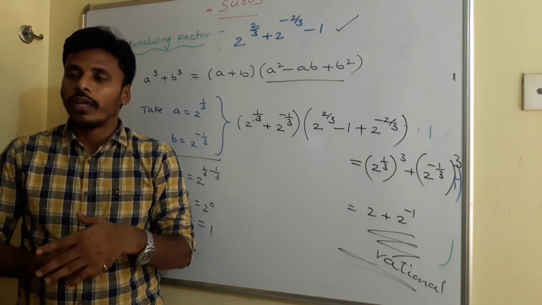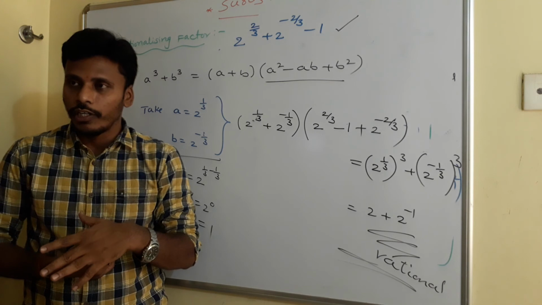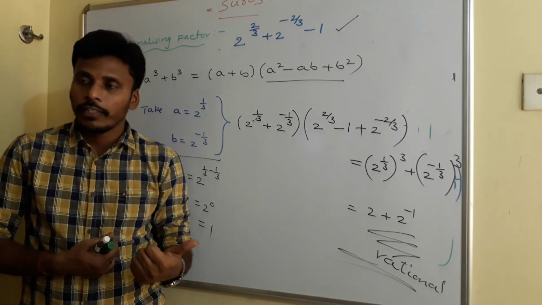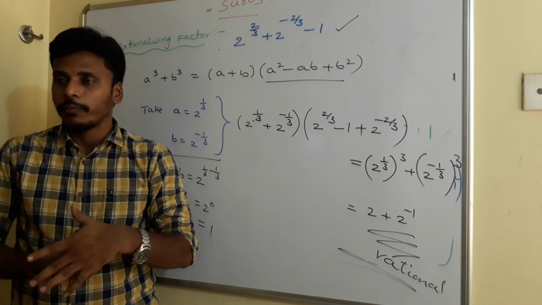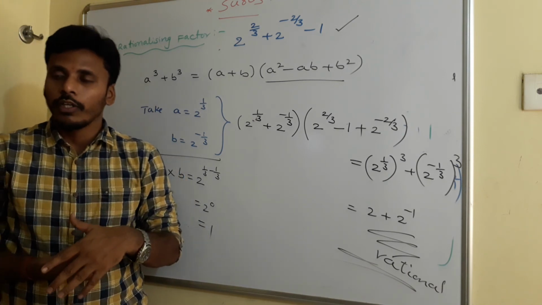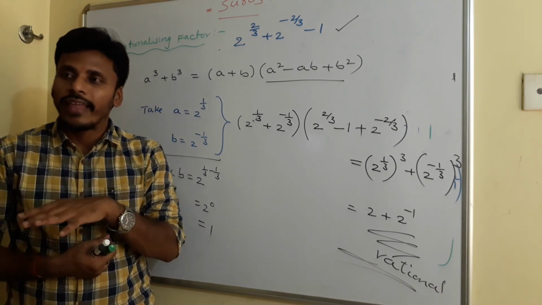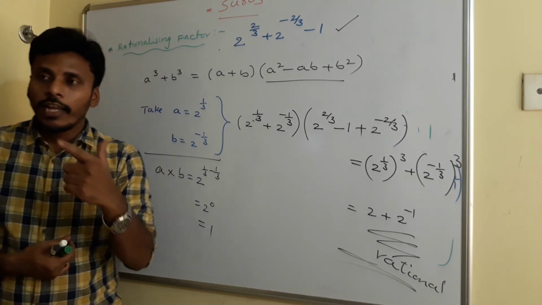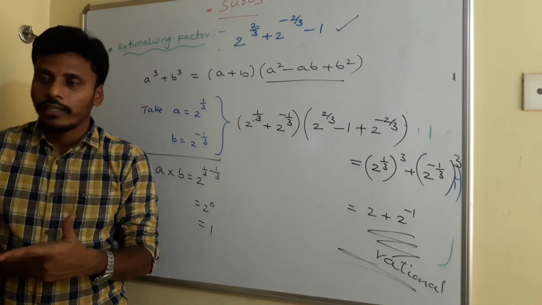So in most cases you will face situations where the problems involve a square minus b square as well as a cube minus b cube and a cube plus b cube. So these three are more than enough to solve the questions, right? More than this, no need. Just have a look, and if you have any doubts regarding this, just raise your hands.